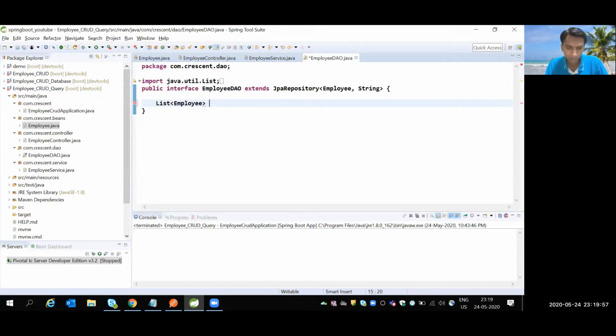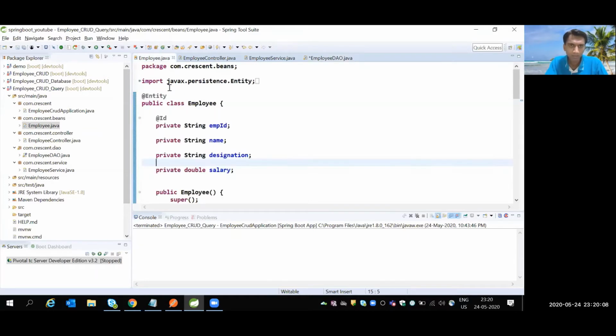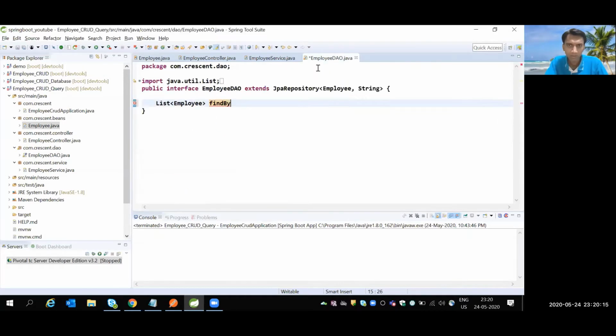You can have any return type you want. Now, the fixed word I have to type is findBy. It's case sensitive, you can consider it that way. Then comes the property inside the Employee, for the name, so Name. You can write it in small or capital letters, that doesn't matter, but we follow the camel case convention, so findByName. And ultimately I have to pass one parameter, that is String name.